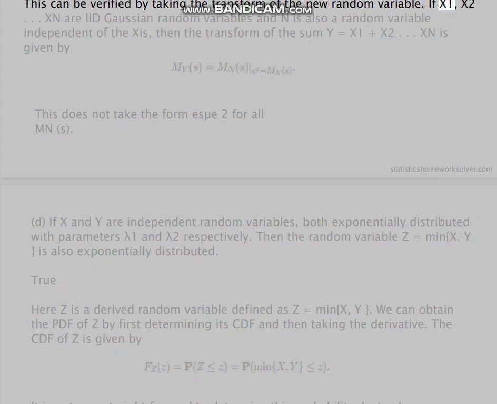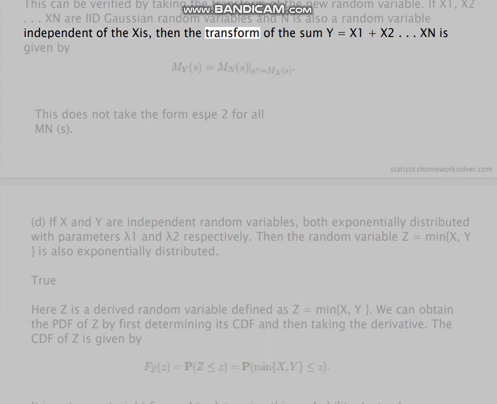If x1, x2, ..., xn are IID Gaussian random variables, and n is also a random variable independent of the x_i, then the transform of the sum y equals x1 plus x2 plus ... plus xn is given by